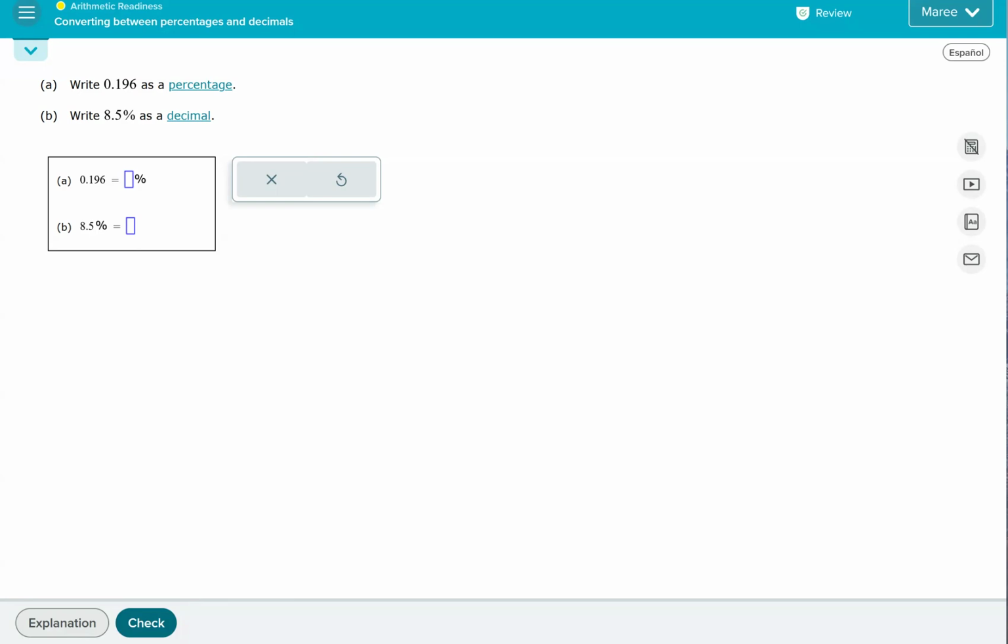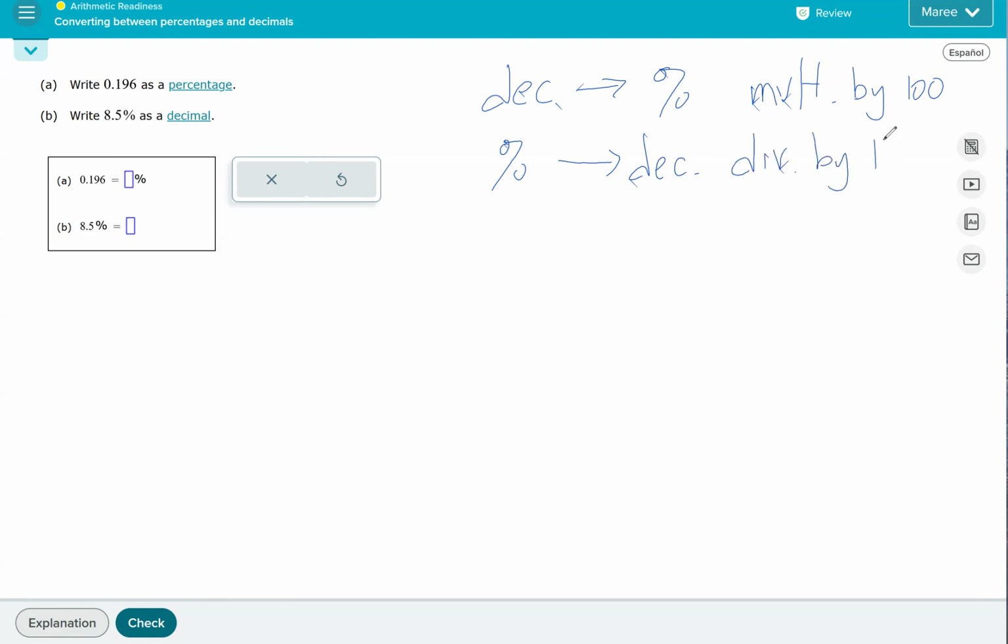So if we need to change a decimal to a percent, we multiply by 100. So from decimal to percent, you want to multiply by 100. And if you're going the other way, you have a percent and you want a decimal, we divide by 100. So one way to remember this is per